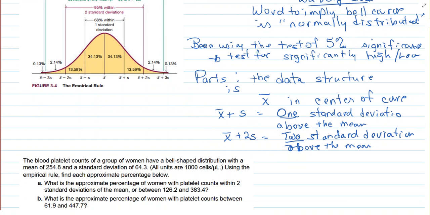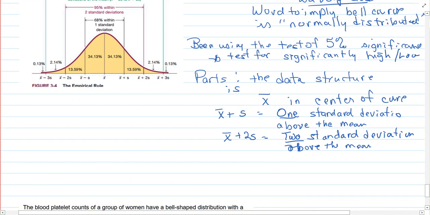And we go to 3, and we have infinitely many. And we've done this already where we do the negative of it. So then we also have X bar minus S to go this way. Well, what else is unique about this? What is unique is that the area under the curve